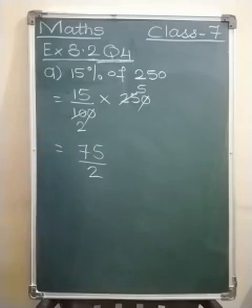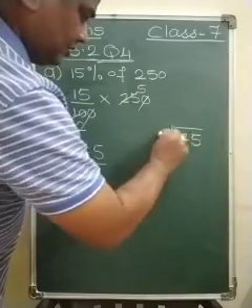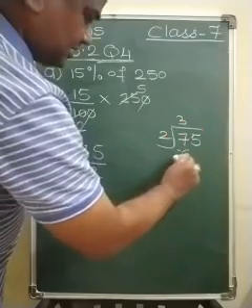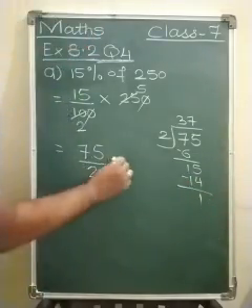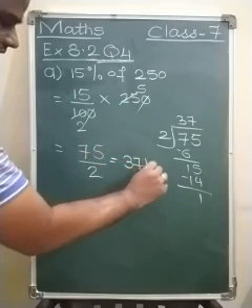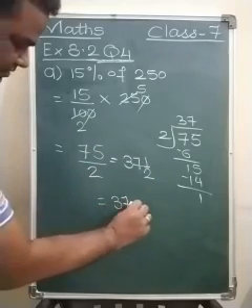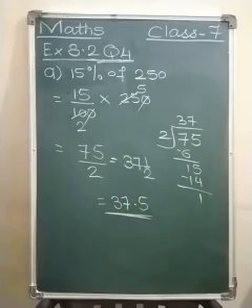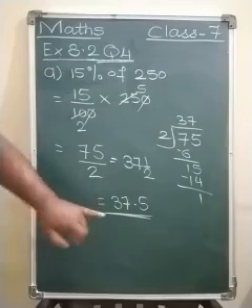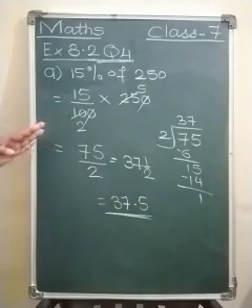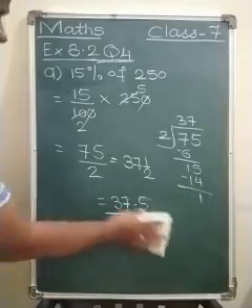So the answer would be, again we will do 2 3s are 6, 1 15, 2 7s are 14, 1. So this can be written as 37 and half, or this can be written as 37.5. Now here percentage is not to be given because here percentage is already there. So 15% of 250 would be 37.5, or 37 and a half. Let us move towards the B sum.